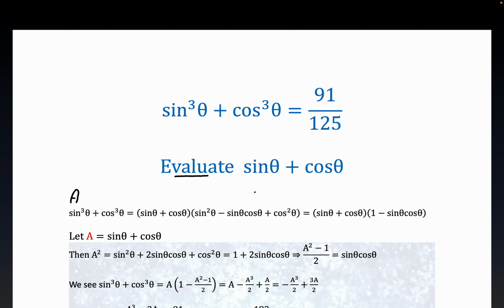This sine cubed theta plus cosine cubed is just in the usual form for the sum of two cubes, okay? So a cubed plus, let's call that b, a cubed plus b cubed. Very well known, easy. You can just multiply that out to verify that a cubed plus b cubed, the sum of two cubes, is a plus b